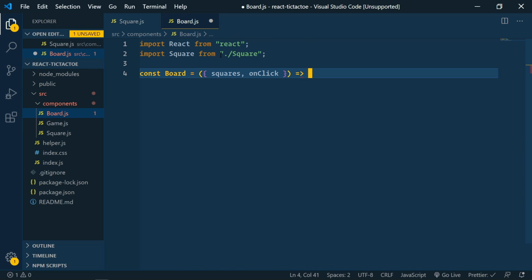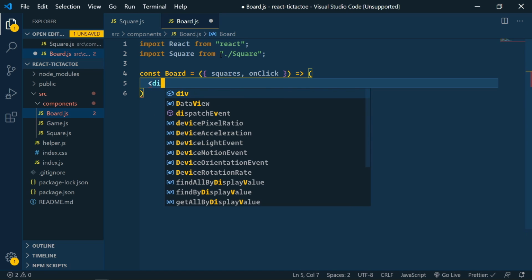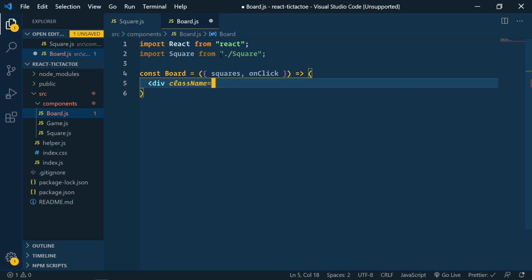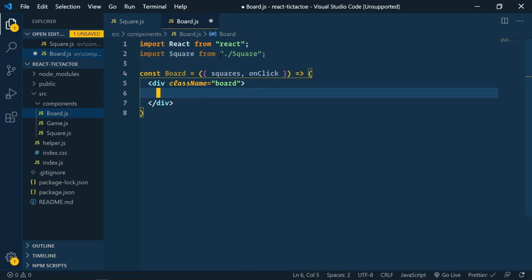And then arrow function. This will have an implicit return. Here we're going to create a div. And I'm going to add a class name here. In our CSS, there is a class of board. Within this div, we're going to say